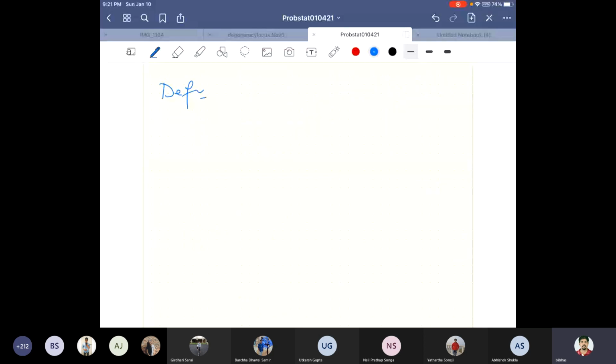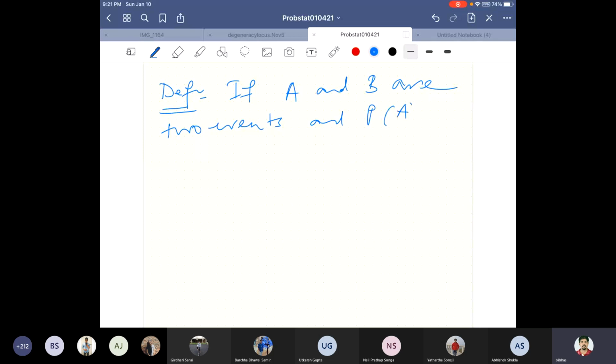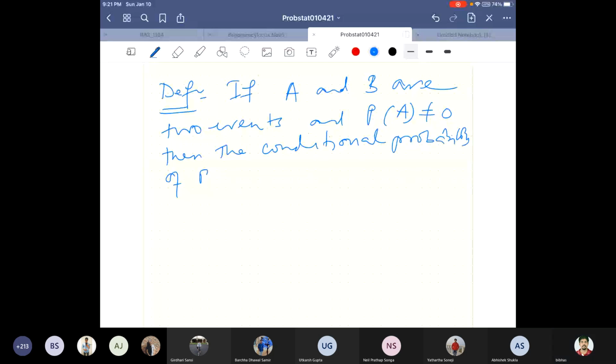I mean, you can do some set theoretic proof of this formula also, but we can consider it as a definition as well. So if A and B are two events, and probability of A is not equal to 0, then the conditional probability of B given A